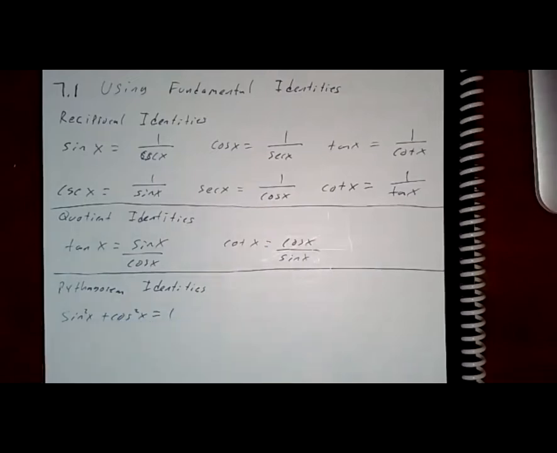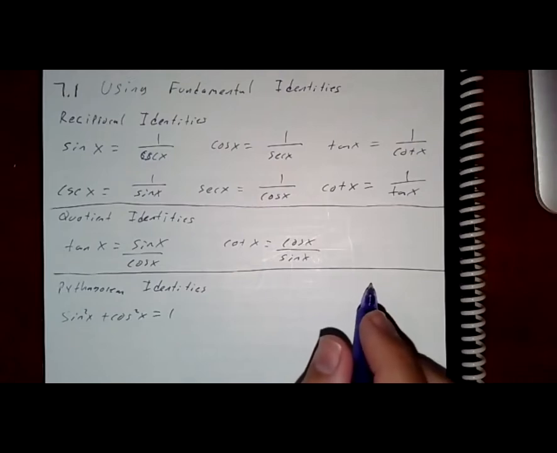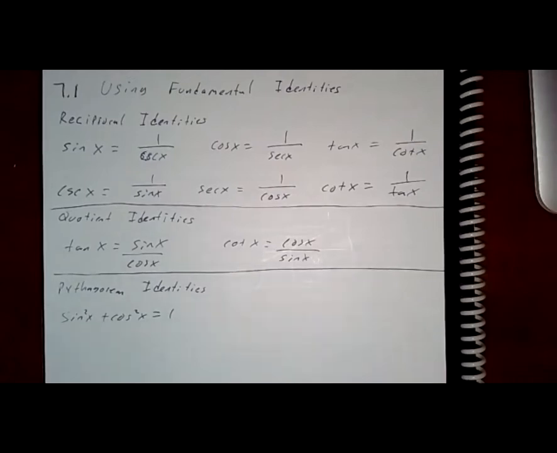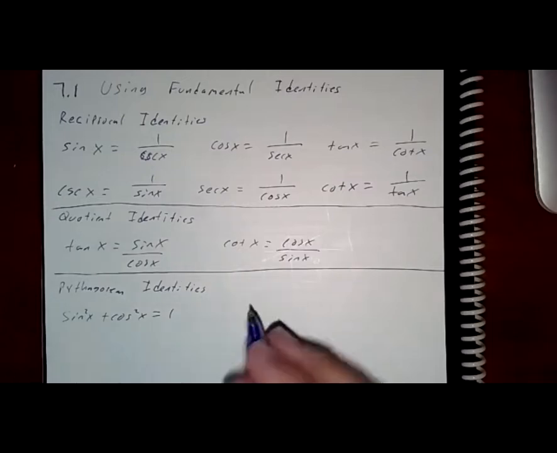So you can make 9 total formulas out of this one, 8 more, 9 including this one. The 9 come from dividing both sides by different trig functions. Let's do cosine first. If I divide this by cosine, this by cosine, that by cosine, I'm going to get